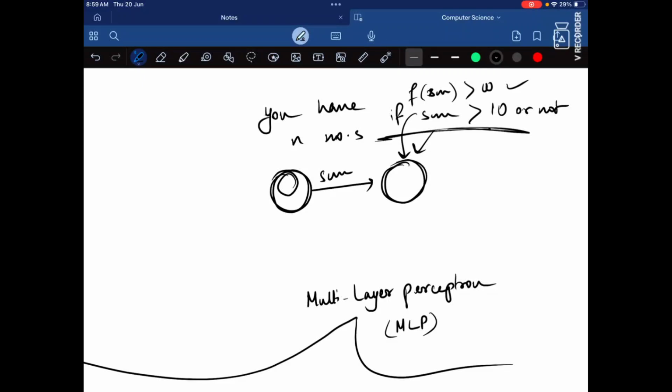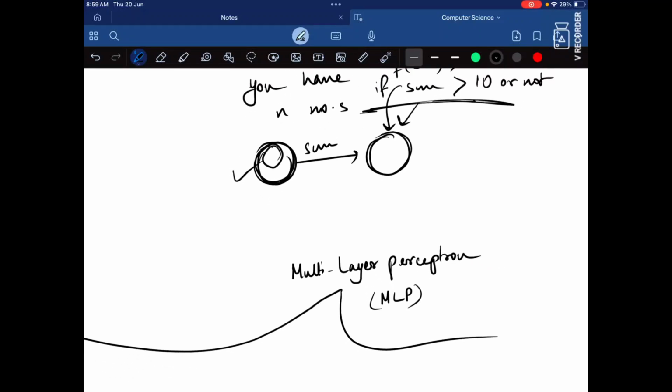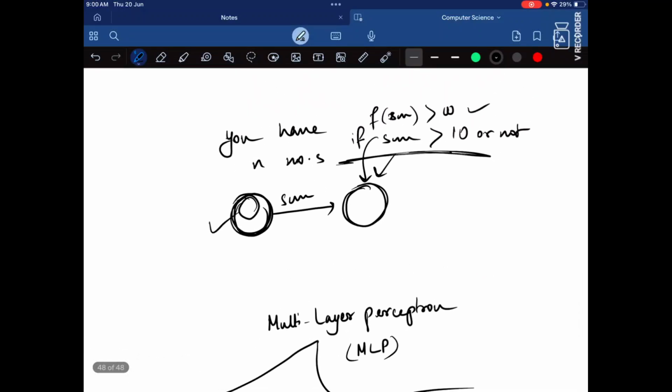This is the activation function for this. Suppose we get the sum from the previous node. The sum is passed into this node, and this node checks if the sum is greater than 10. Suppose the numbers were 9, 2 and 1.